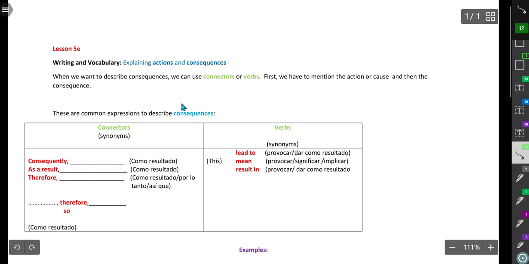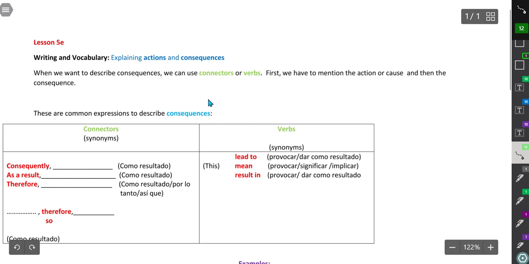at this information here. Well, when we want to describe a consequence, obviously that is the result of an action. In English, we usually describe consequences with some connectors. For example, consequently, as a result, therefore, so. And for example, you can use also some verbs. In this case, we have lead to, mean, and result in. These expressions are synonyms, but obviously they have